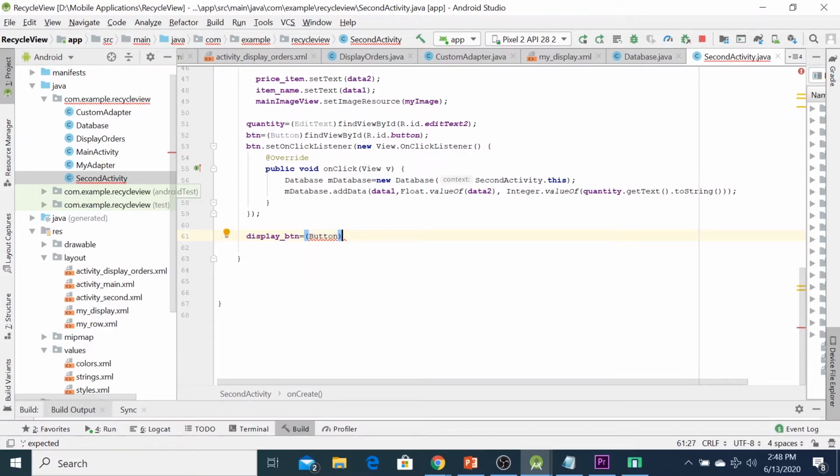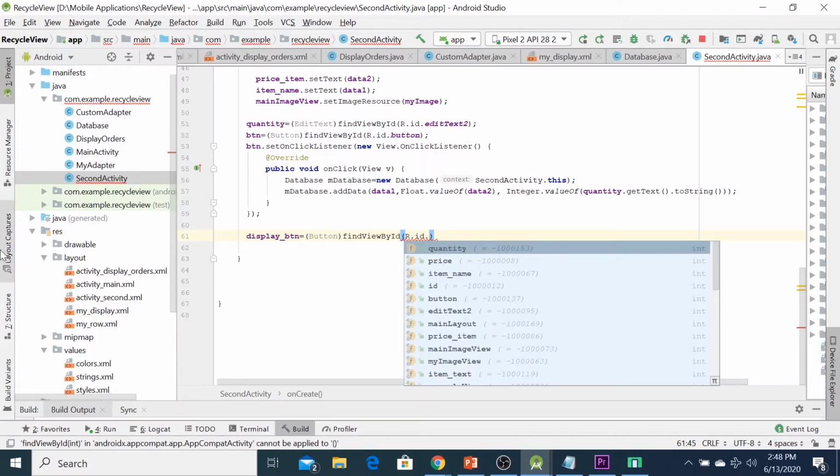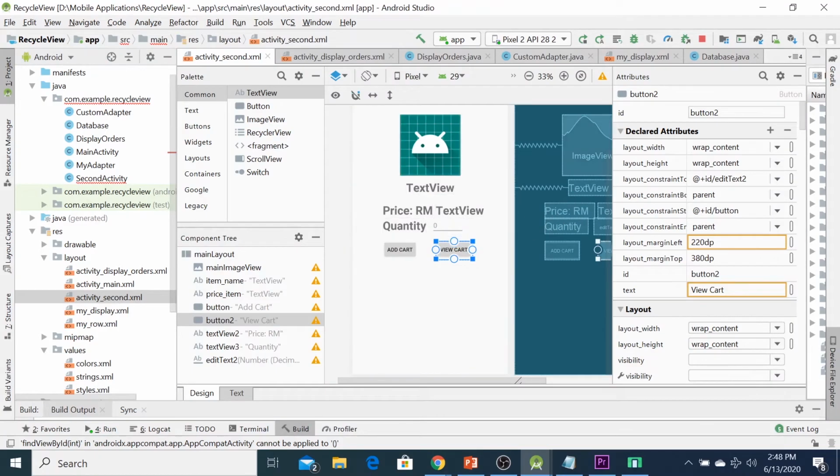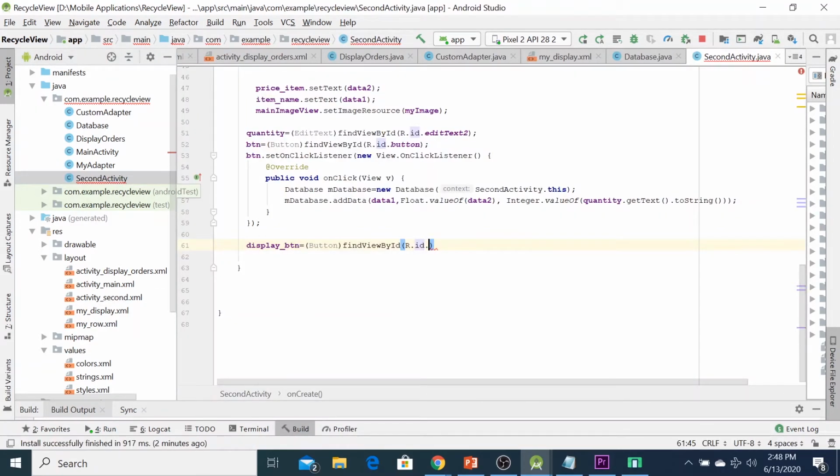This is used to link between the Java file and the layout. findViewById(R.id., let us check the id in the second activity. The ID is button 2. This one, semicolon. And we set the on-click listener.